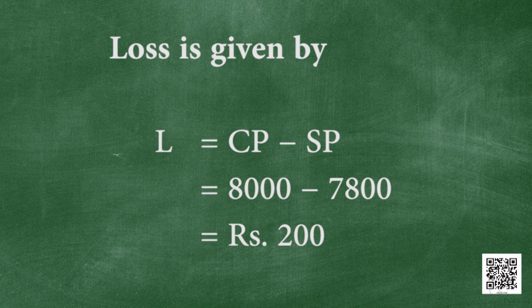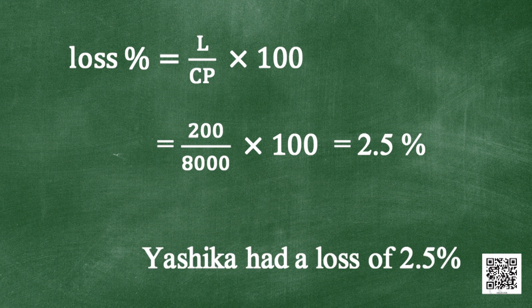Students, we observe that the cost price is rupees 8,000 and the selling price is rupees 7,800. So clearly Yashika had a loss with this. Loss is given by L is equal to CP minus SP, which is equal to 8,000 minus 7,800, that is equal to rupees 200. And loss percentage is given by loss percent is equal to L divided by CP multiplied